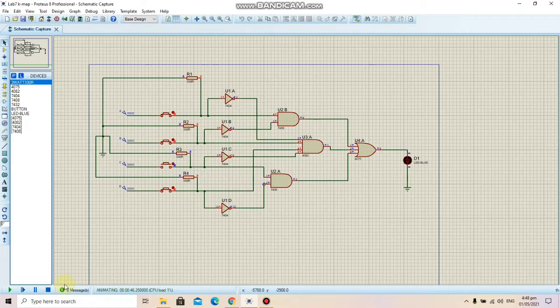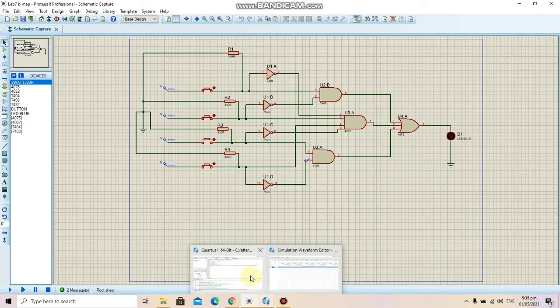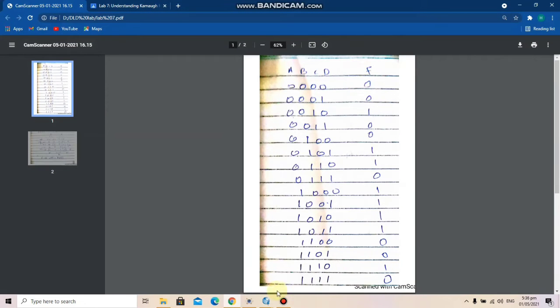So now we're moving towards this implementation in Verilog HDL. So now let's move towards Verilog implementation. So here I have opened the Quartus and already created the first code for the direct implementation of Boolean functions by looking at the truth table. So this is the code for the lengthy circuit. So here we have the inputs A B C D declared, output F declared, and the function output F is defined here. So we had 8 outputs where we had 1, we can see here.